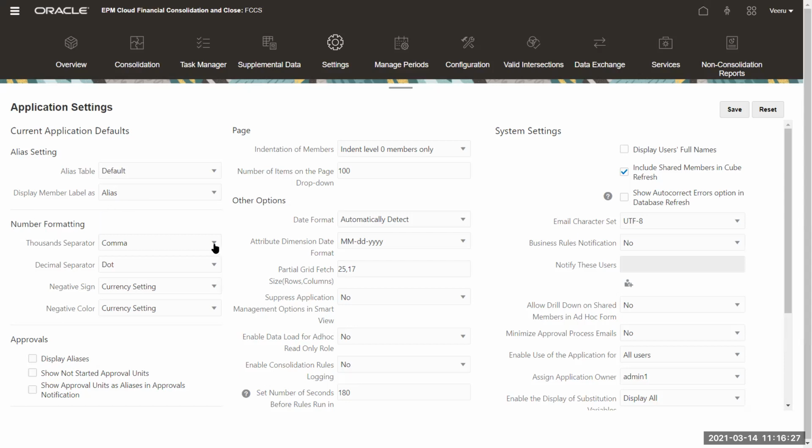And the number formatting, right? Some customers want no number formatting. Some want comma as 1000 separator or dot as 1000 separator, depending upon the region they are in. But most customers use comma. And in decimal separator also, you can specify what you want, dot or space or underscore or whatever the currency setting is. So currency setting, we'll talk about it when we talk about the dimensions. There's something called currency dimension. So whatever setting you give there, you can basically ask the system to use the same setting. That is one option. Okay. So currently we are using comma and dot.